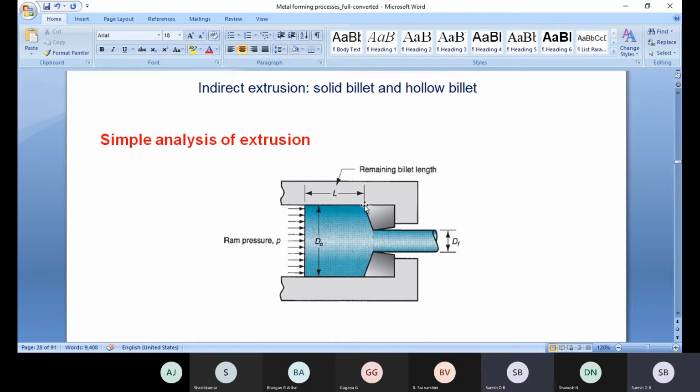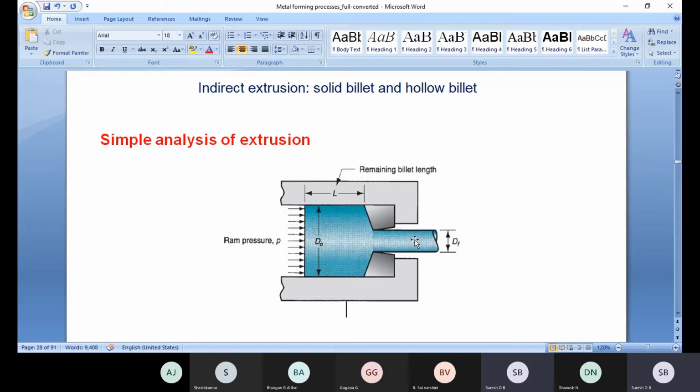Okay, without compression of the material, that is the original length of the billet or workpiece material. Then the inside diameter of the container you can consider as the original diameter of the material. Then after compression, the material moves or comes out between the two dies. That is called the final diameter of the workpiece or specimen. This one is the original length of the workpiece material or work billet, this one the original diameter of the billet, and this one the final diameter of the extruded product.